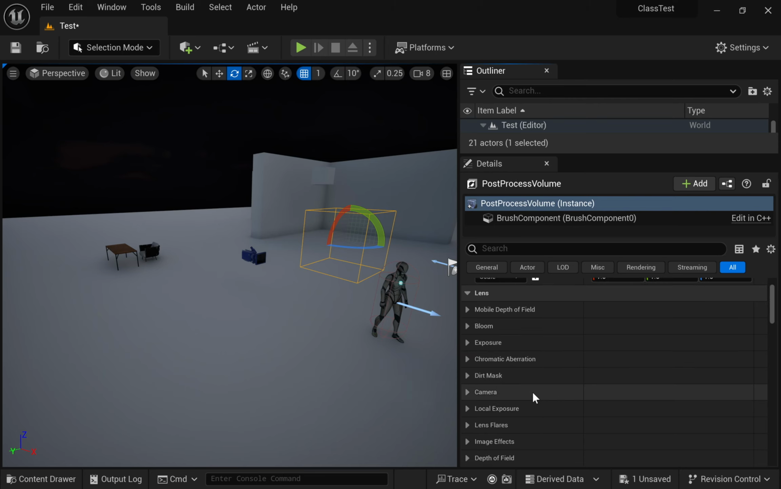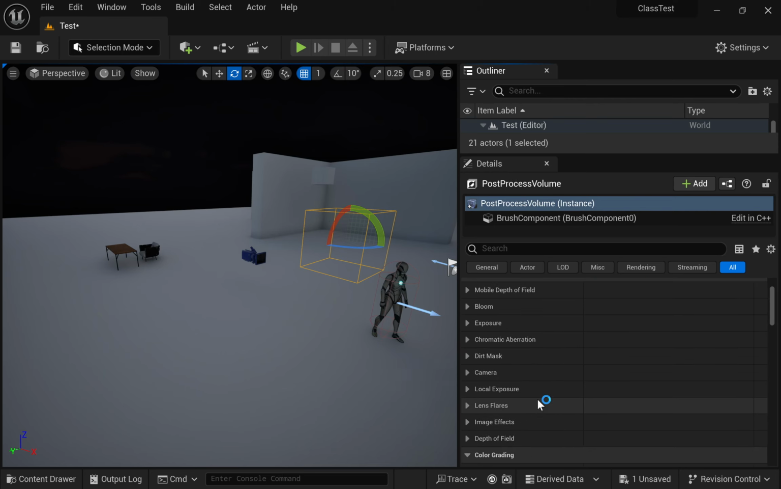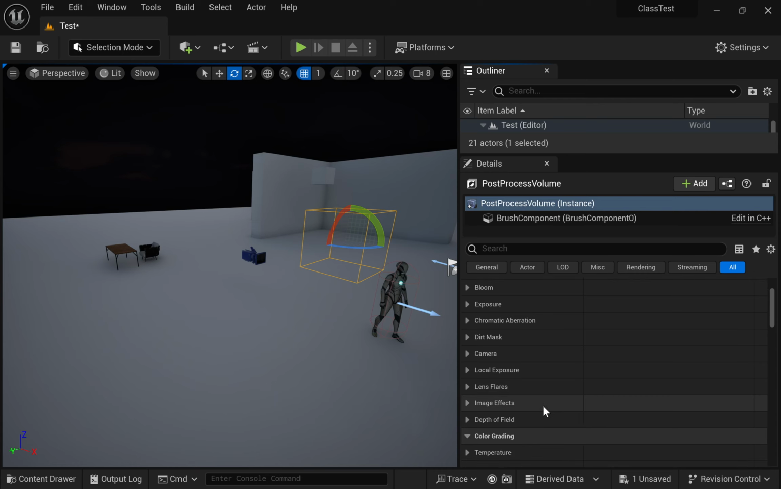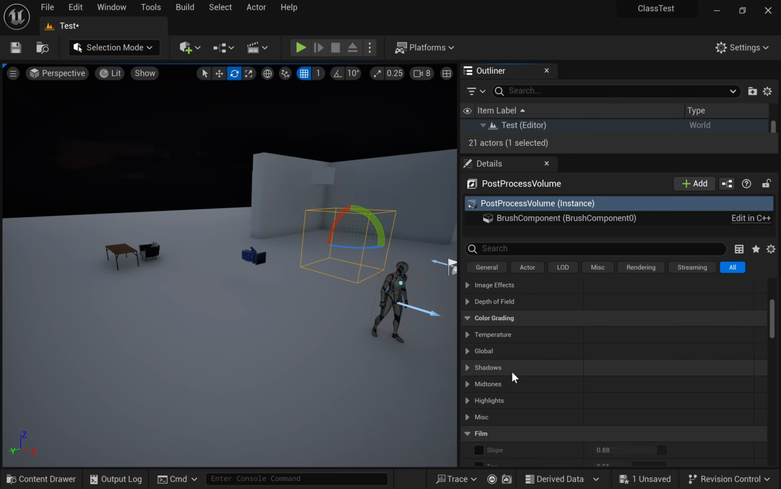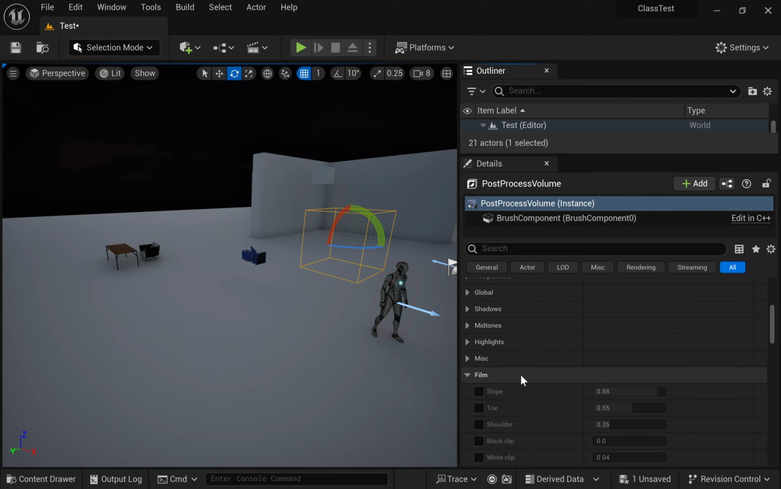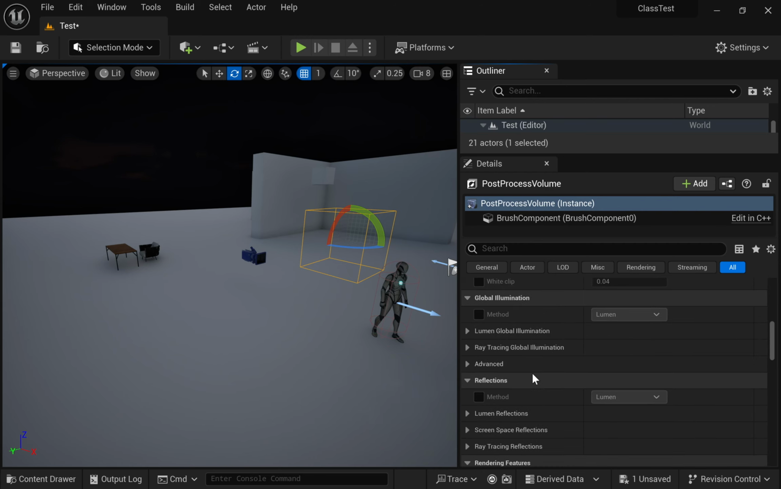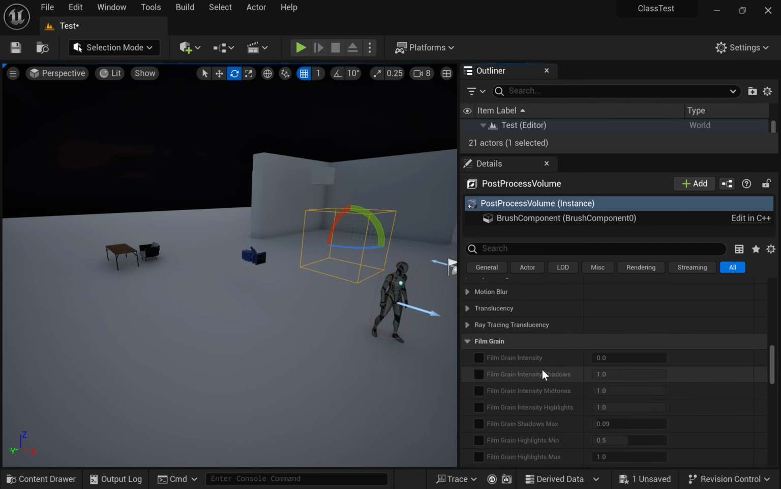For example, like exposures, right? Lens flares, image effects, depth of field, all of these things, bloom. So we will talk about more of them later on. But today, what we need to do is only two things. There are only two things. First, if you scroll down to